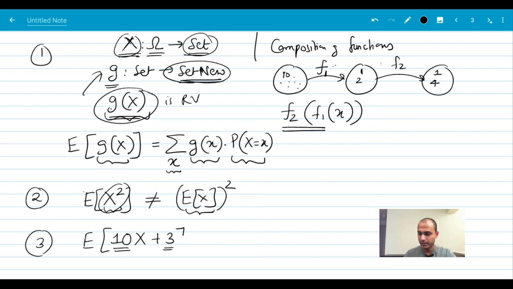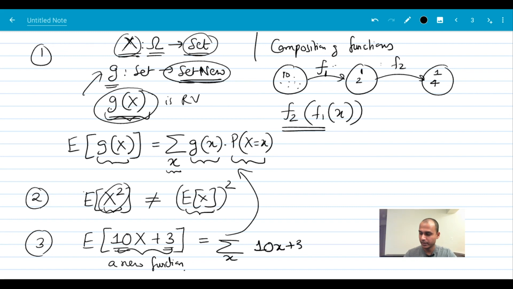That's essentially what is going to happen here, because this is also a new function, therefore a new random variable. The expectation of this guy, we can just see from here, is equal to the sum over x of 10 times x plus 3 times p of x is equal to x, right?